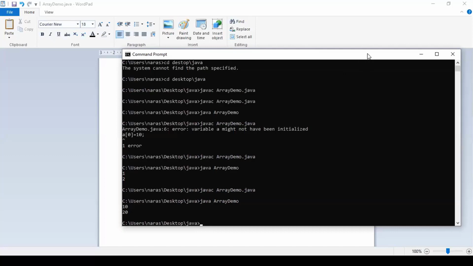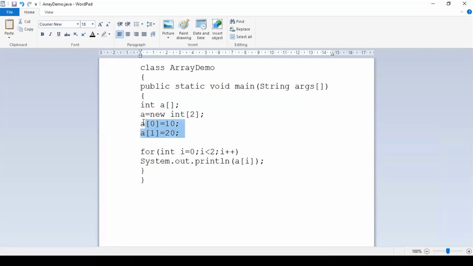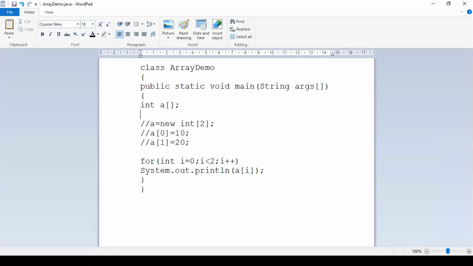Say for example, if I am writing a statement something like this, what I mean to say, let me comment this particular section. Commented this particular section here. After initializing the values, is it correct now?